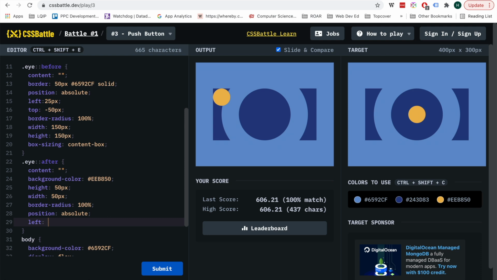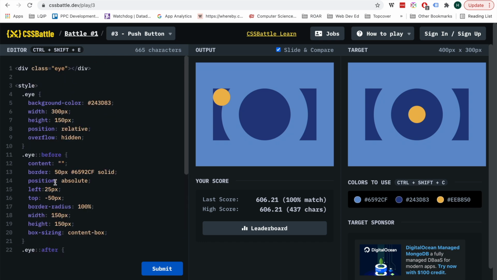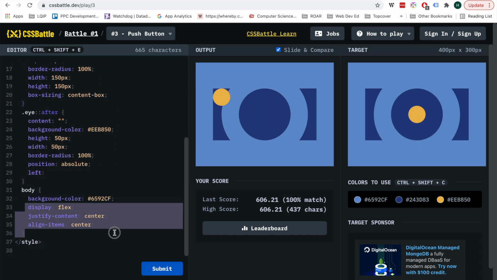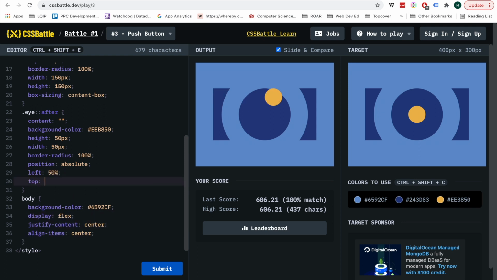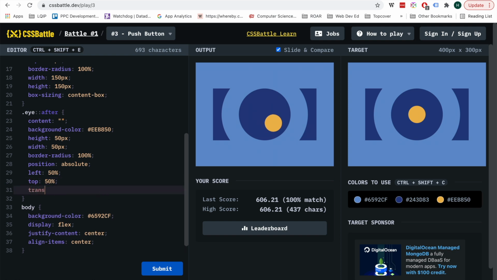So for this, I'm just going to do a fun trick that I like, which you should always keep up your sleeve, which is how to position something using absolute positioning in the center, which I could have used for this as well. So we saw how to do it with Flexbox, and here I'm going to show you another cool one. If I go left is 50% and top is 50%, that's going to put the top left of the circle right in the middle of the screen. Okay, and so we got this offset down here. And so what we can do is then use the transform attribute